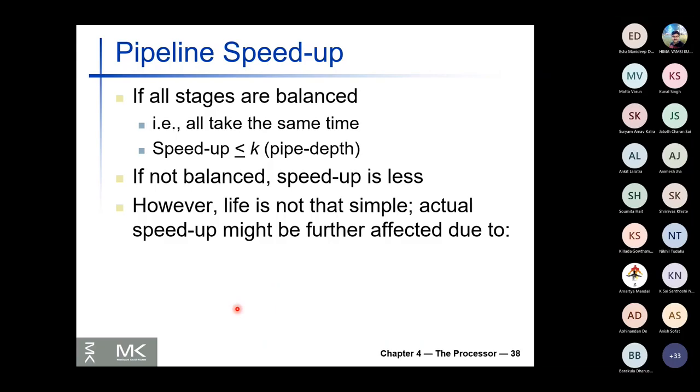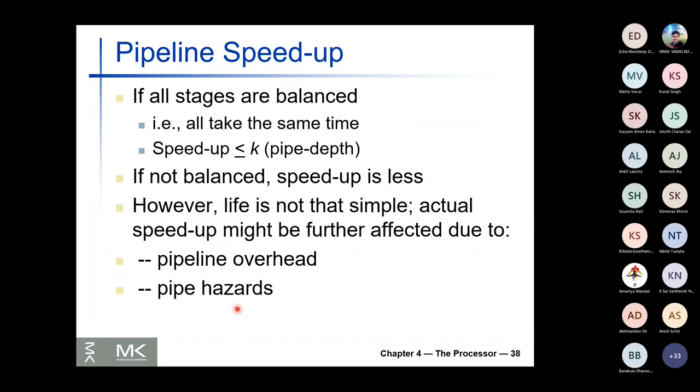But in an actual scenario, there are many other issues that you need to address. One is pipeline overhead. We have just talked about that: in between pipeline stages, you have interfaces, that means the pipeline registers or latches, so they add up pipeline overhead. And there are events which are called hazards. It means that the pipeline cannot proceed smoothly. It may wait for some data which is not yet ready. It may wait for something,